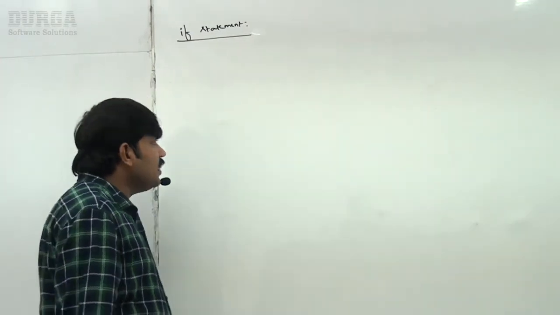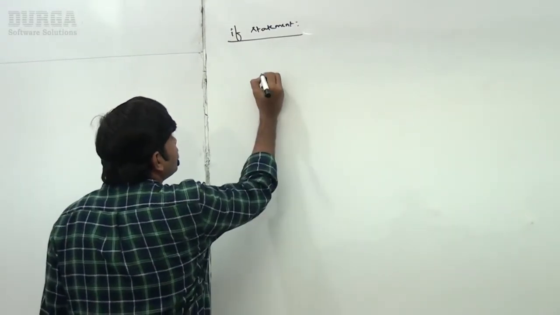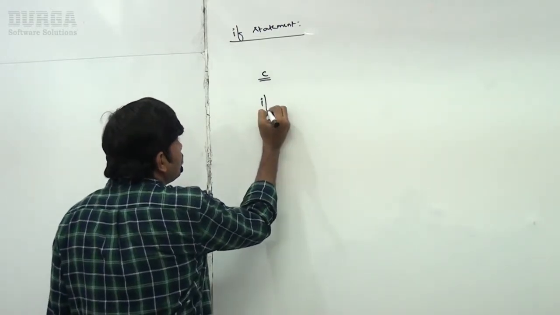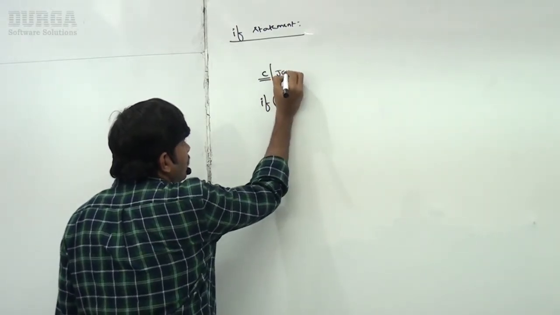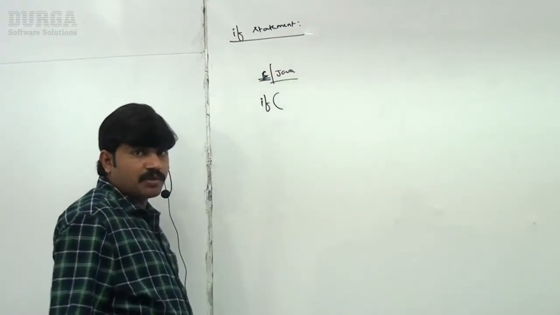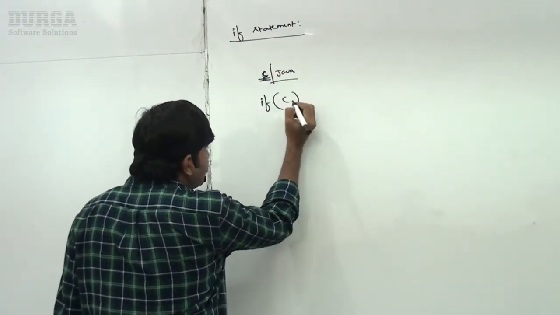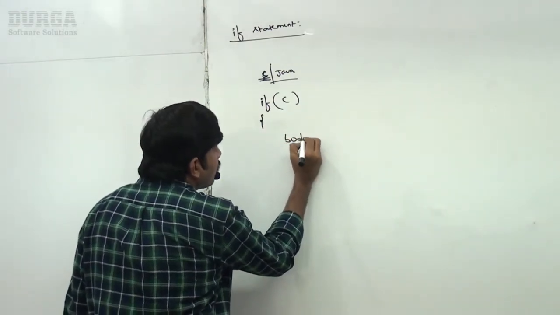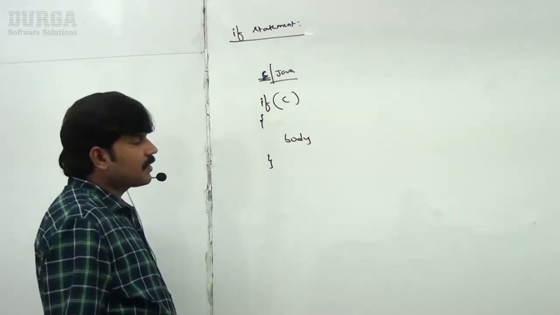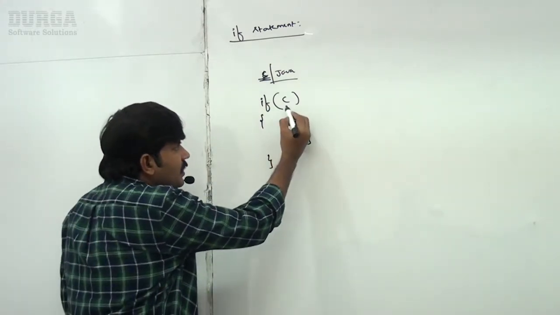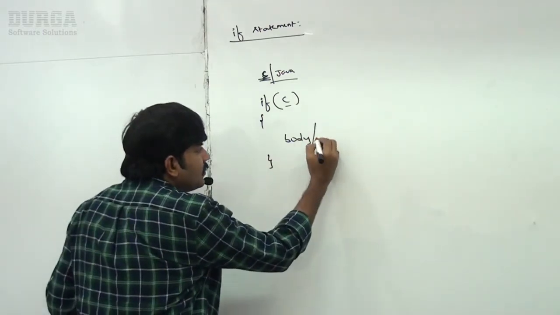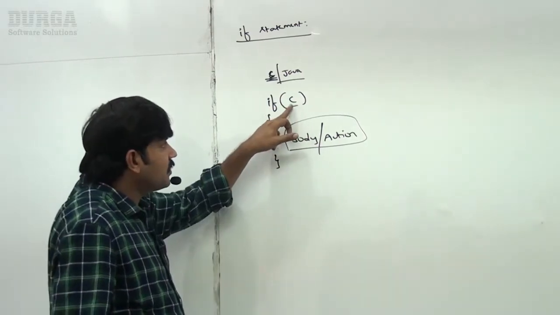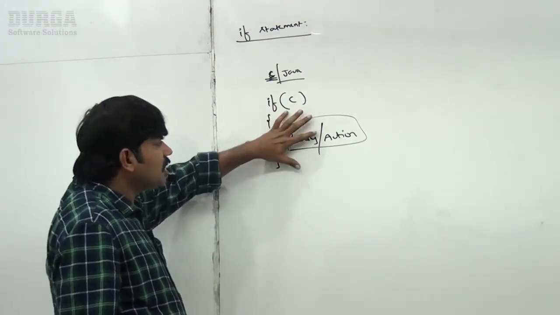Here observe, in C language or Java language, like other languages, how do we define an if statement? Can you please observe? Assume it is the Java language, which most people are aware of. If some condition, sir, this is the body we have to take. If this condition is satisfied, then this action we have to perform. If this condition is not satisfied, then it is not going to be done.